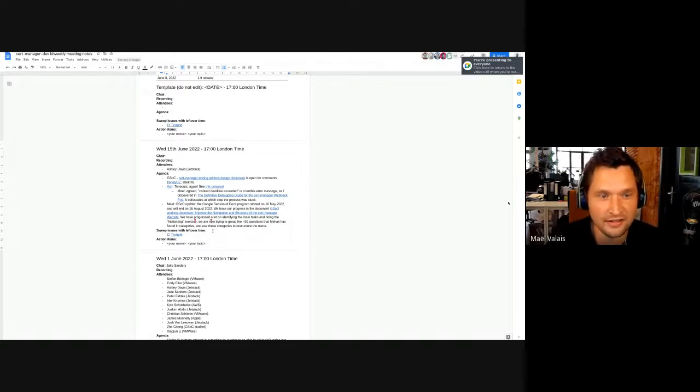So Mihak is driving the document. There is a link to this GSoD working document, where we do this friction log exercise, where we list the questions and the tasks. We try to drive the effort that we haven't started yet.